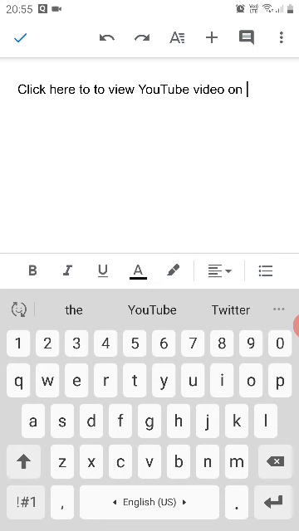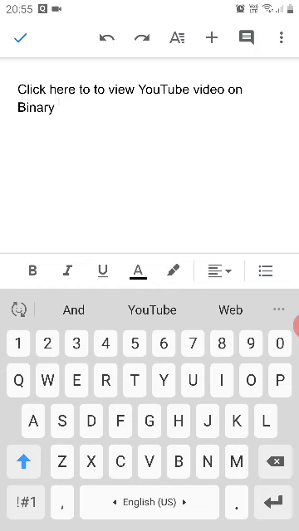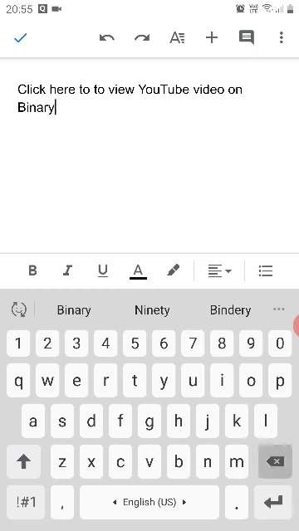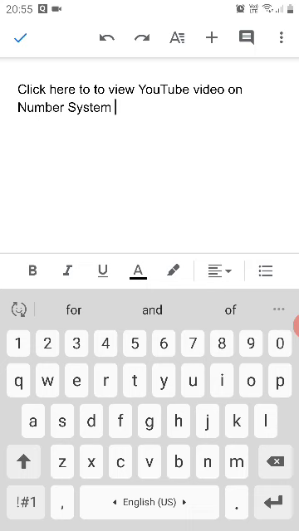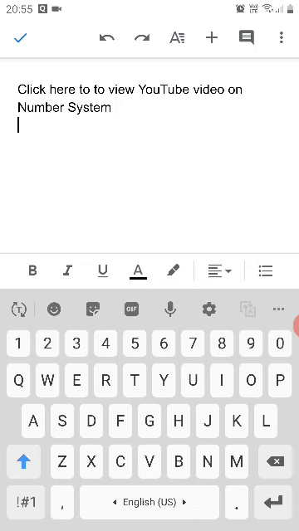You can write down the particular topic, so students or viewers having multiple PDF files can differentiate. So you can write down the actual topic. The chapter name is number system here. Okay, then I will press enter.